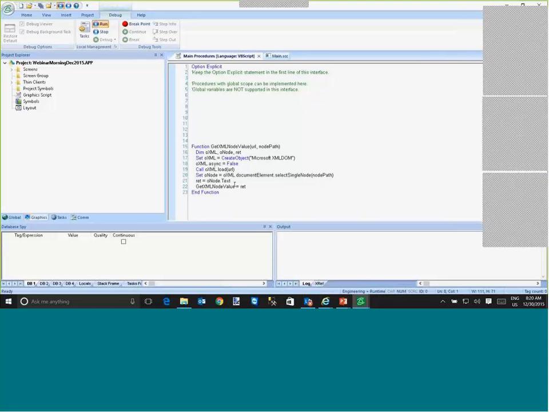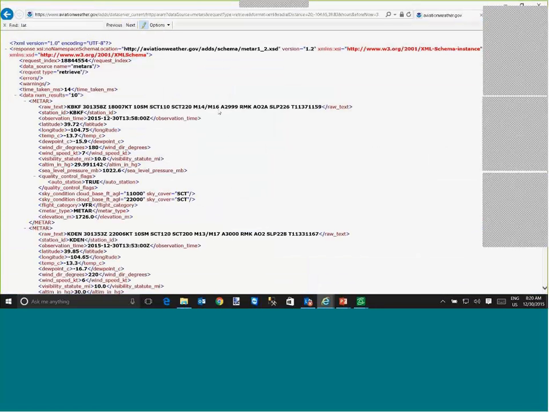Now back to the specific question. It looks like you want to pass an address. And the problem with this URL is that you pass the location based on coordinates, longitude here and latitude. So we need a function where I pass the address and I receive back the latitude and longitude. So Google is usually a good place to look for those